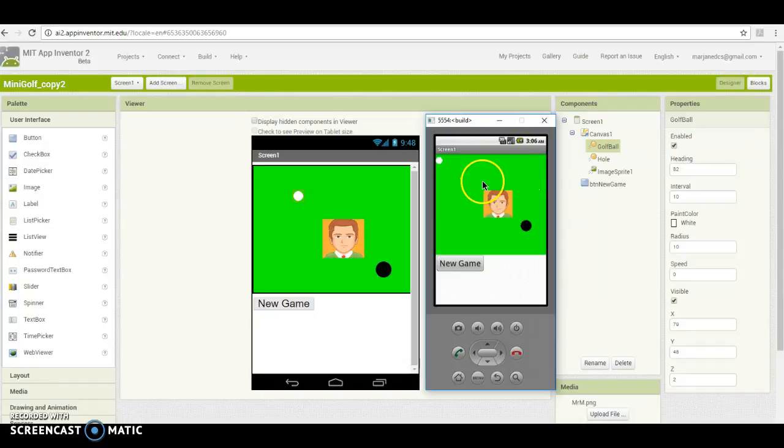So in the next video, I'll show you how to use the timer component, and that will slow down the ball. So after maybe 2 or 3 seconds, it will stop moving. Okay,